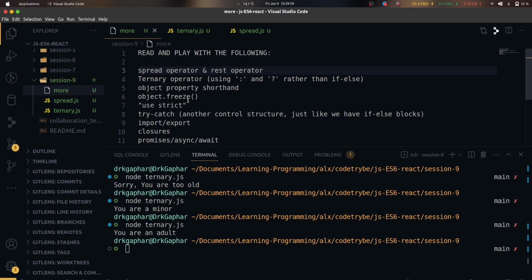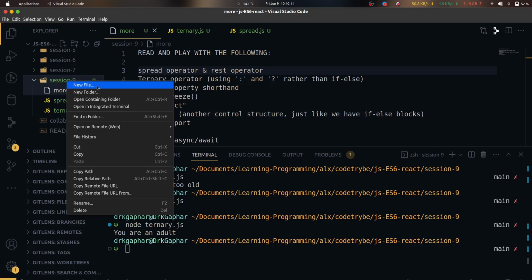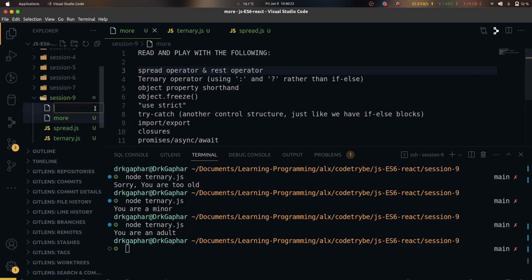So if the key and the value have the same name, you can, instead of having both the key and the value, just use a shorthand notation and indicate just one single name, since both of them have the same name. Okay, let me just call this file object-shorthand